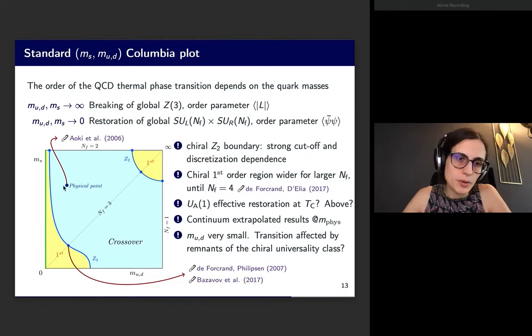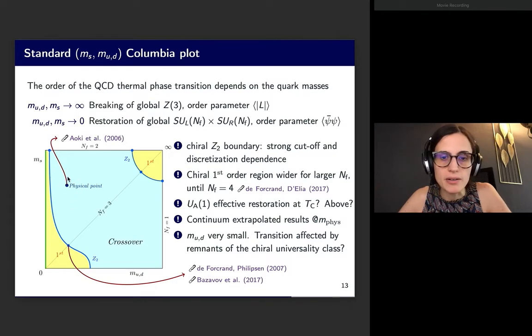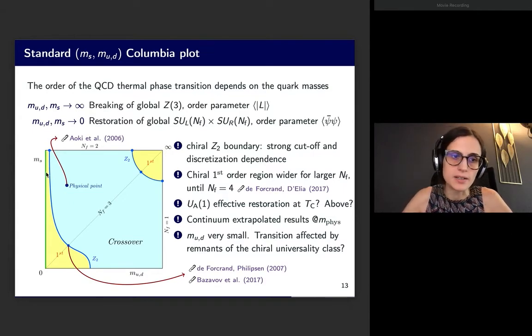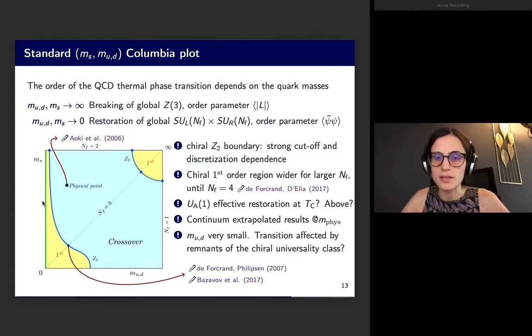And then another important remark is we know that the true up and down quark masses are very small, and therefore we can ask ourselves whether the transition at the physical point is affected by remnants of the chiral universality class, especially if this region shrinks to zero and we have a second order phase transition, in which case universality